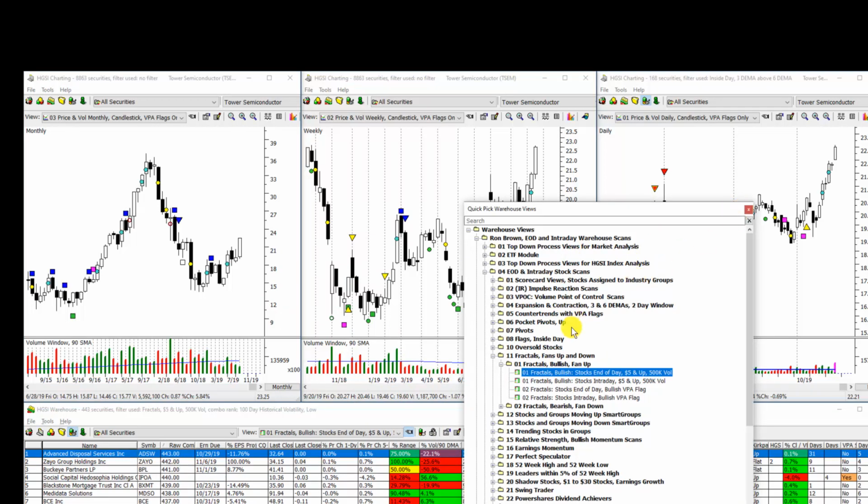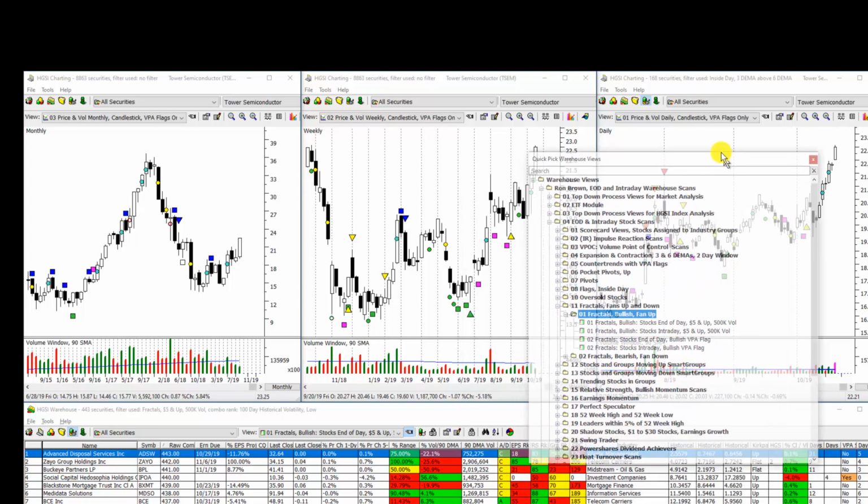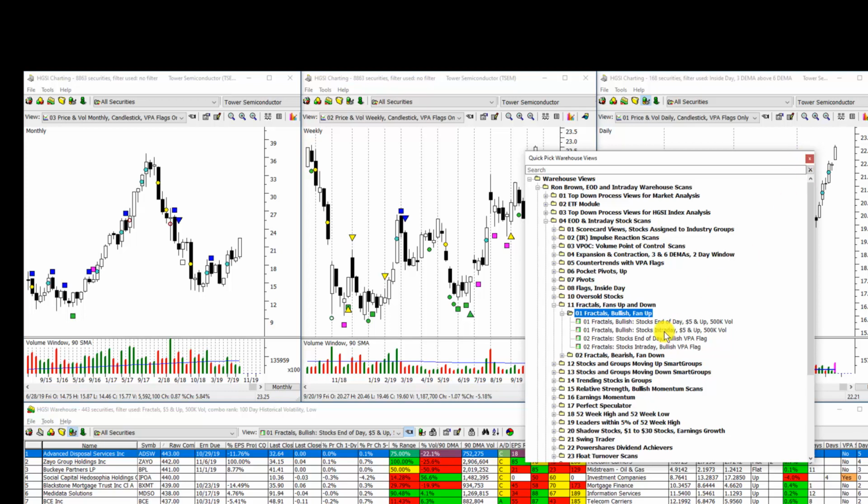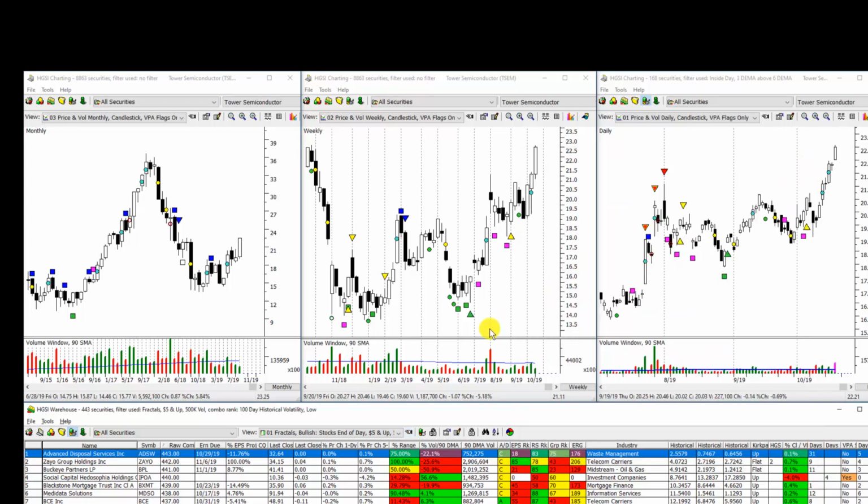Let me go into that chart. You can see I have a bullish folder and a bearish folder, and it says fan up. One of the few requirements for this view is that the fan be up. Now, I have charts that I use specifically for this, fractal layout charts,